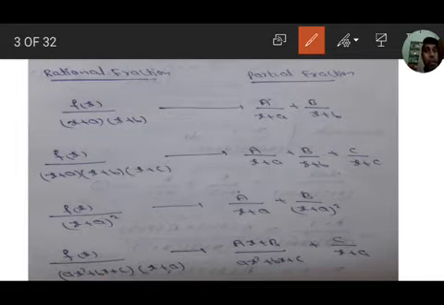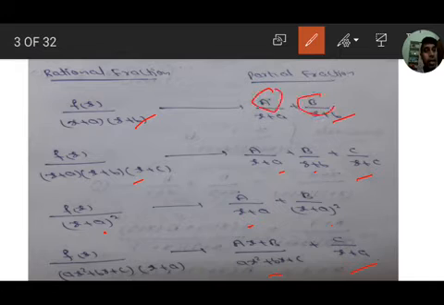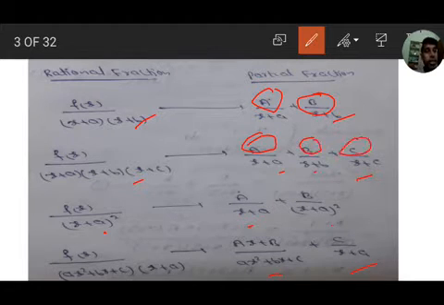Okay. For only non-repeated linear factors, with two linear factors, A by x plus a plus B by x plus b. If three linear factors, A by x plus a plus B by x plus b plus C by x plus c. If a linear factor is repeating, then it is A by x plus a plus B by (x plus a) whole square. If there is a quadratic factor, (Ax plus B) by (ax square plus bx plus c) plus C by x plus c. Based on this, we have to express the rational fraction as partial fractions, find the constants, and then integrate. Then the integration will be easy.